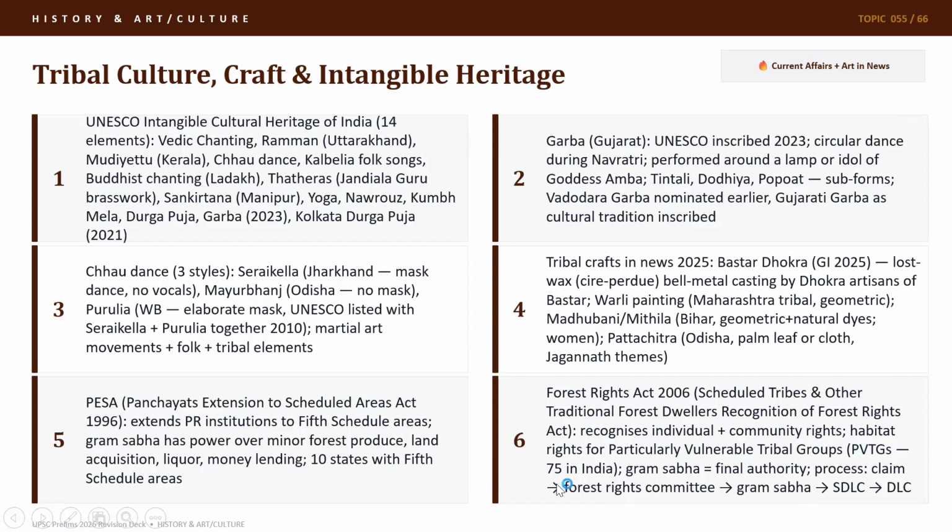So 75 PVTGs are there in India. PYQ has been asked in this. Again, Gram Sabha is the final authority for process claim of Forest Rights Committee, Gram Sabha, District Committee, State Committee, and District Committee. So fifth scheduled areas, PESA Act, Forest Rights Act, all of this is important to show that